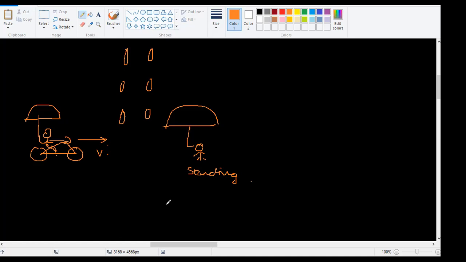Yeah, because the velocity is very, very low. And if you're standing, then you will not get wet at all, assuming that there is no wind or any other effect. So take it down properly. So now what happens here is